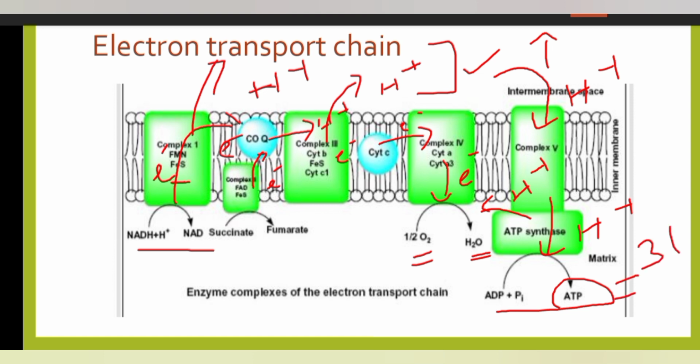So this electron transport chain will transport electrons by using the energy. After transporting the electrons, the protons will be pumped into the space, which are accepted by the ATP synthase and